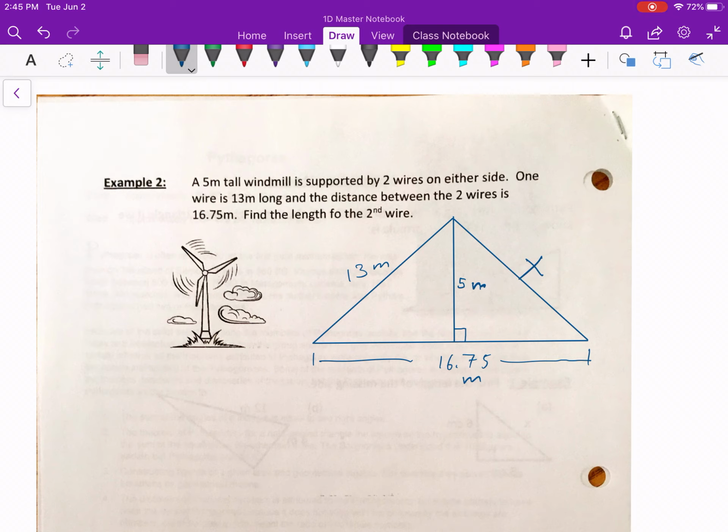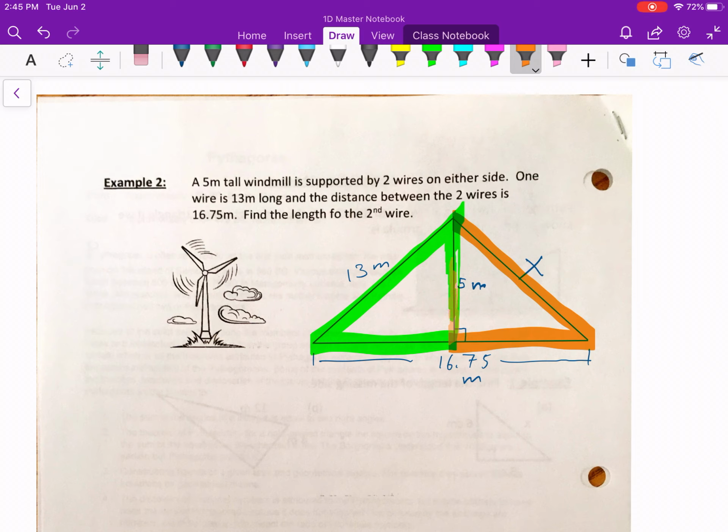Well, what I see here is 2 right triangles. I see one that's here outlined in green. There's a right triangle, right? But here's another one outlined in orange. So these are both right triangles, and I can work with both of them. And even though I didn't put a box here, I can add that little box down in that green triangle to show it's a right triangle as well. So I want to